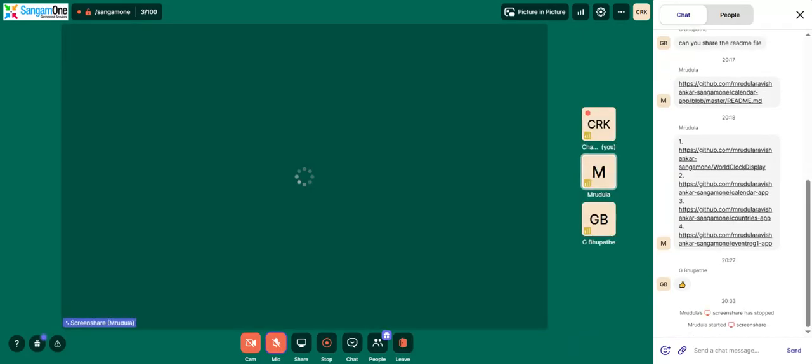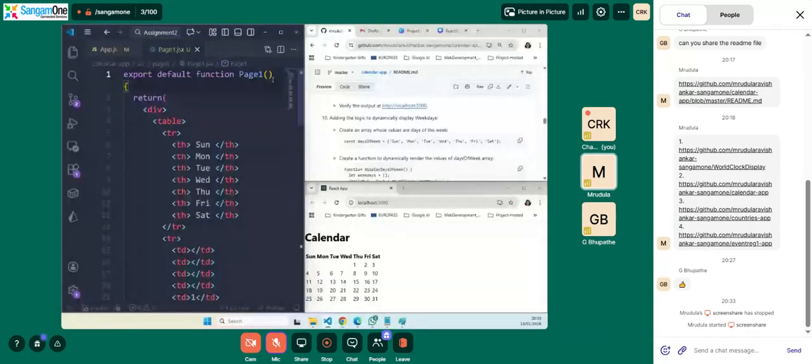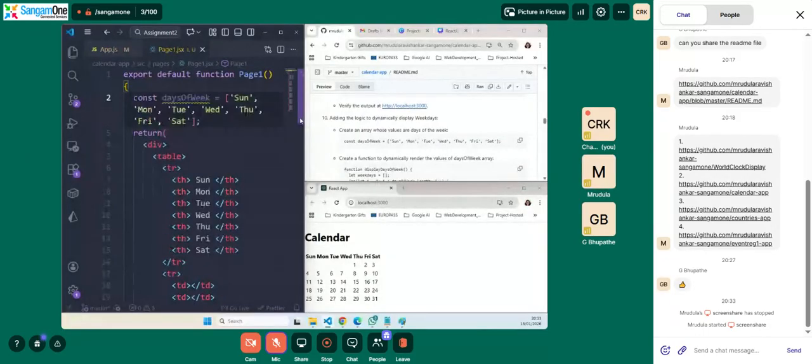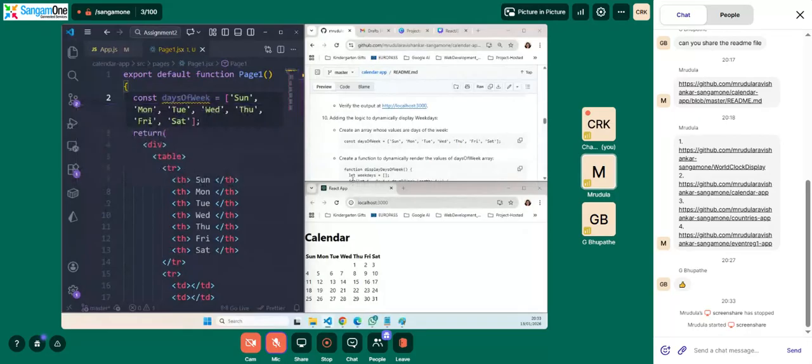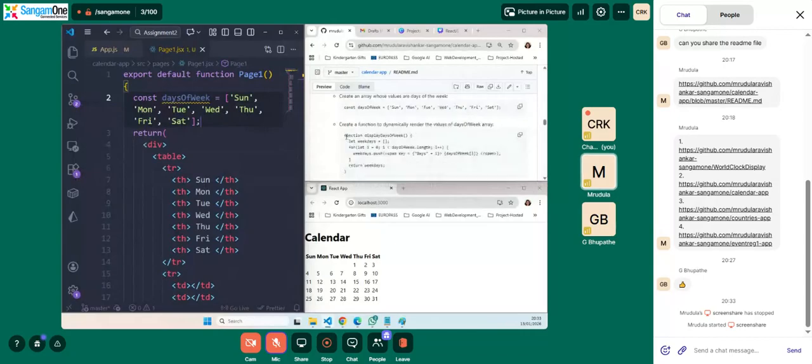All the variables, all the logic, all the functions should be inside page one, but before return. So typically here, it says days of the week, but it is not used. We will do that, but we need to create a function to dynamically render it. So what we are going to do is call a function called display days of